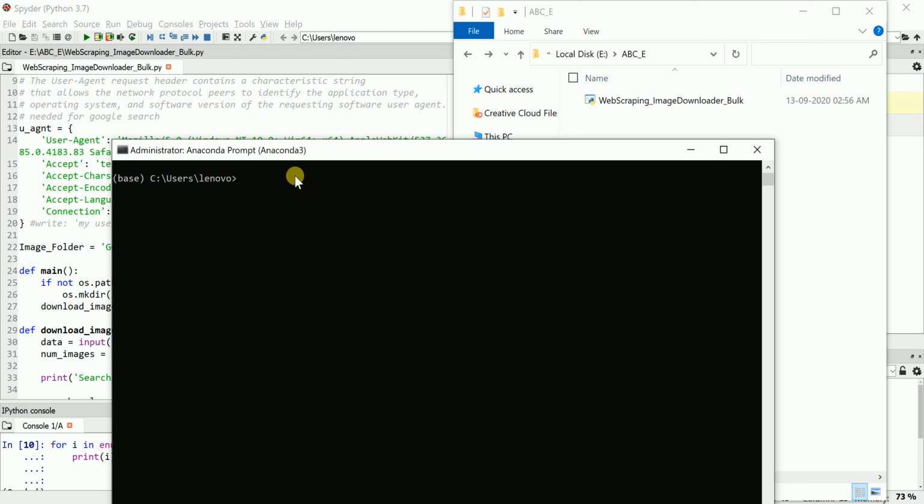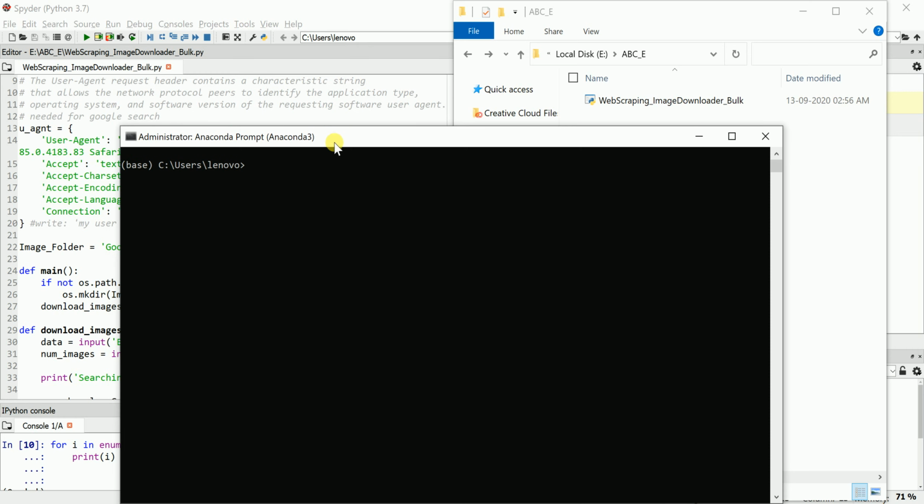If you don't know how to change the directory in CMD or Anaconda prompt, I have another video on how you can do various activities in the CMD directory. The link I'll paste in the description box below. You can go and check that out. Right now I need to go to a drive, then cd. I need to go inside this folder. I'm done. I'm inside this folder.